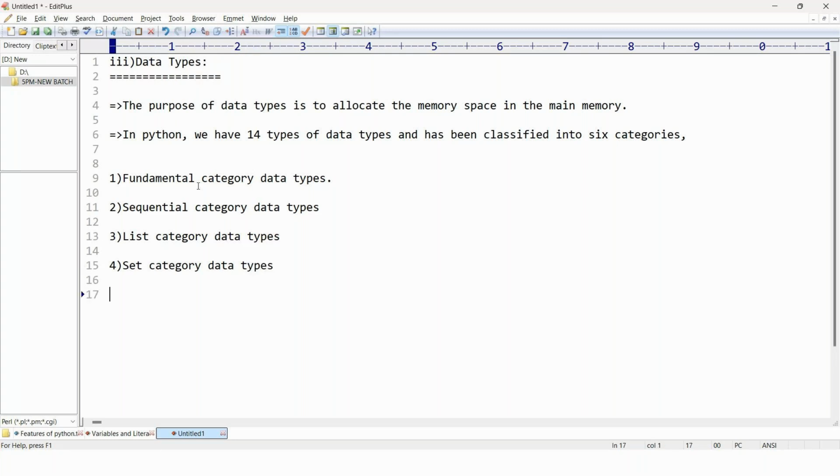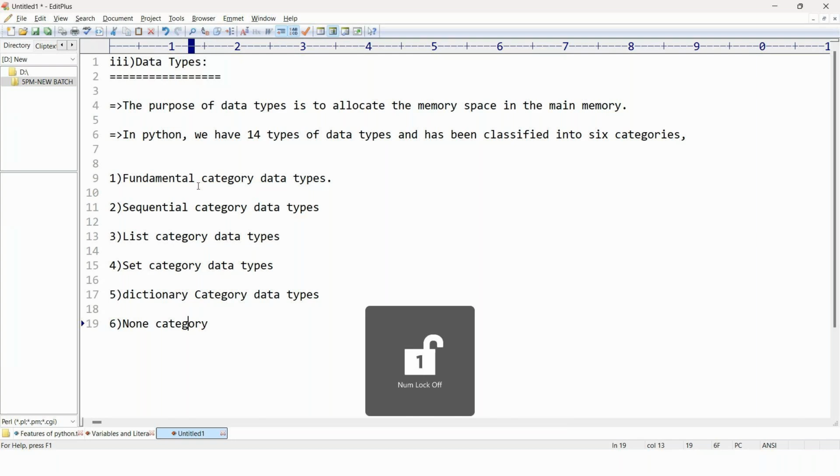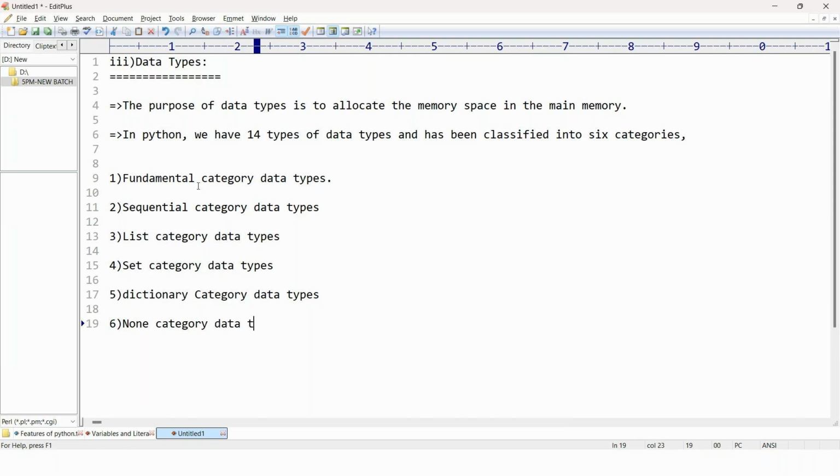Fifth, we call it dictionary category data types. And the last, that is the sixth one, we call it none category, or NoneType, data types. Okay, so these are the 6 categories of data types we have.